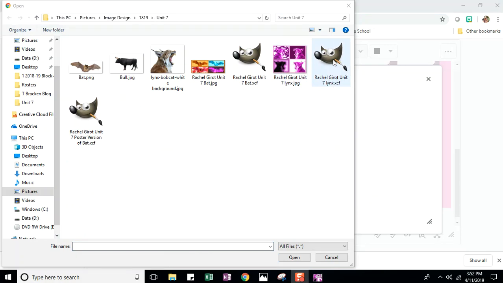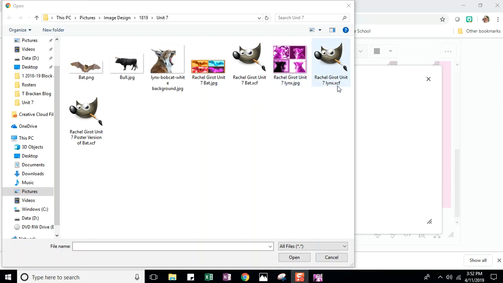Now, if yours doesn't have a GIMP logo, we need to get your computer set up so that it opens these files as a GIMP, and I'll show you how to do that. But for now, yours might have an internet browser icon. Be looking for that browser icon and the